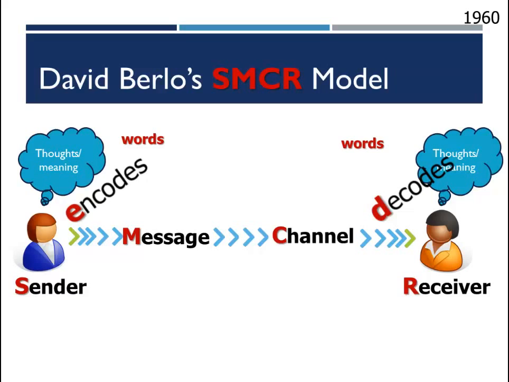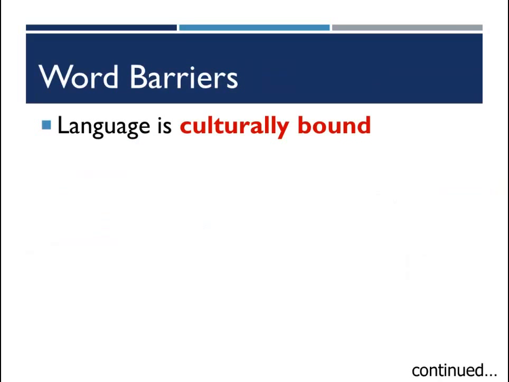One major cause of miscommunication, and the one that we'll focus on now, is that we rely on language or words to communicate. Yep, it is the words themselves that often cause the problem. We encode our thoughts and feelings into words and decode the words of others into our own thoughts and feelings. But let's turn next to word barriers, and the most obvious is based upon the principle that words are culturally